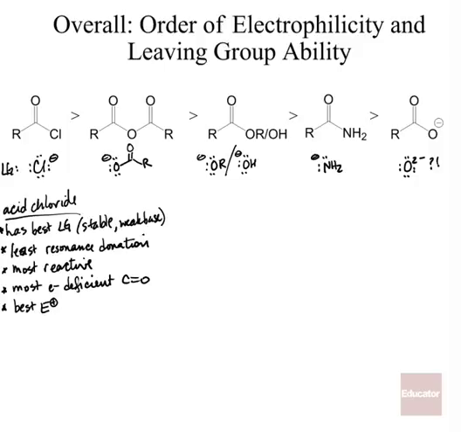Okay, that's slightly better than the anhydride. The anhydride is also a very good electrophile. It's got a good leaving group. What makes this a good leaving group? Well, it has resonance stabilization, right? That negative charge is delocalized over both oxygens. So that's a pretty good leaving group too. Okay, but that is a better leaving group than